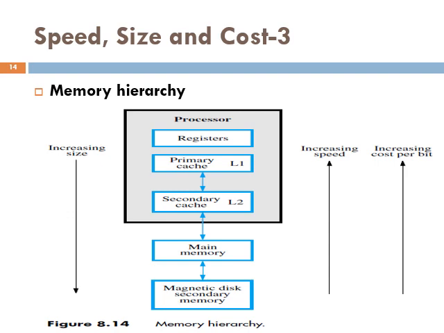When we talk about the memory hierarchy, the fastest access is to data held in the processor registers. Processor cache holds copies of the instructions and data stored in a much larger memory that is provided externally. A primary cache is always located on the processor chip. This cache is small and its access time is comparable to that of the processor registers. The primary cache is referred to as level 1 cache. A large and hence somewhat slower secondary cache is placed between the primary cache and the rest of the memory. It is referred to as level 2 cache.